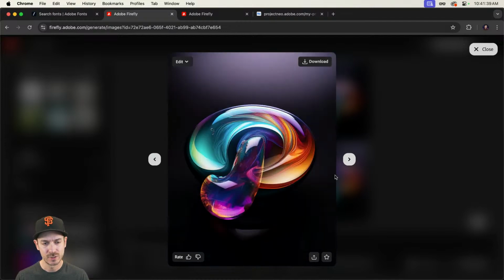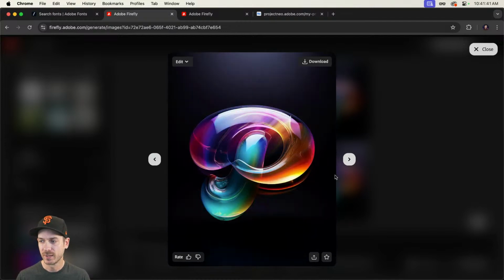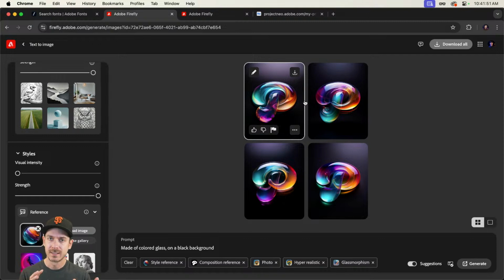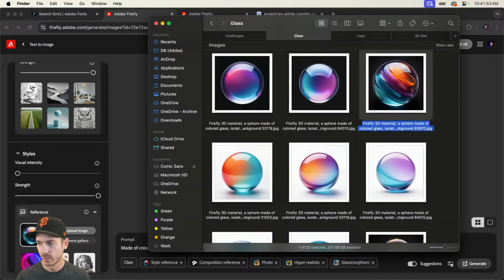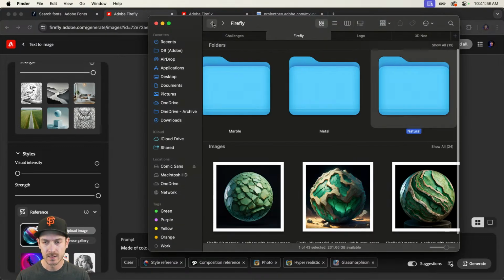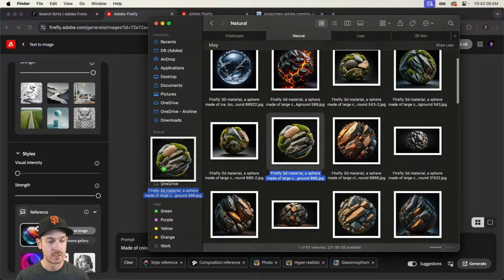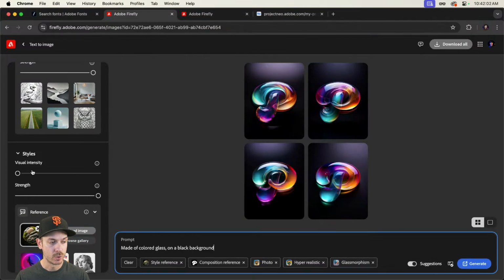Again, still some strangeness going on. I'm going to bring that up to the team and see if something changed recently, but yeah, not fun. But anyways, the overall effect is fun. Once you find the right prompt, the structure reference, style reference, all sorts of things. And one more example, if I go back here, let's go to natural, just to show you, we can do something very similar to what we did earlier, but this time it's going to be stone and moss and made of